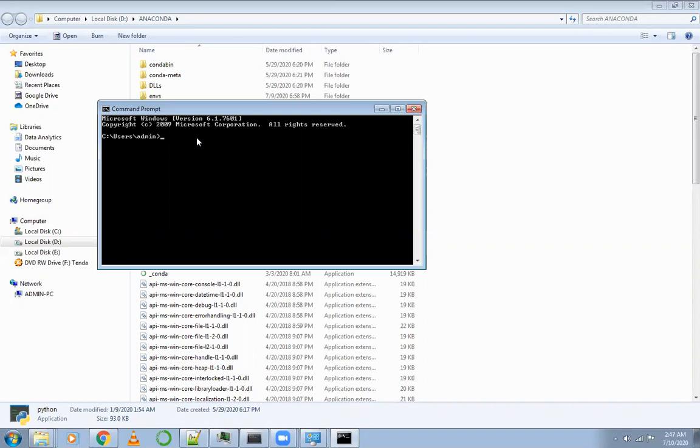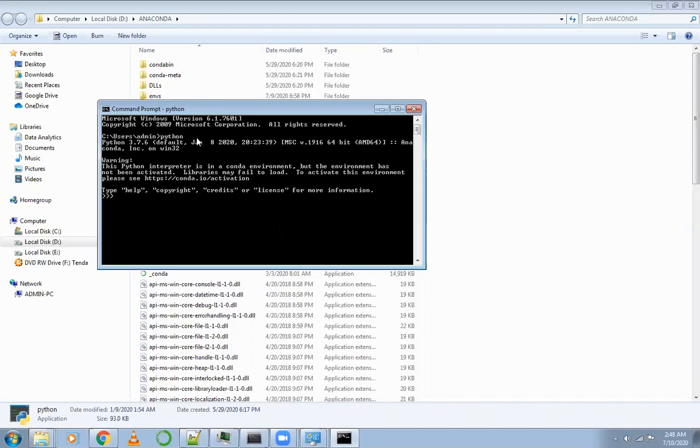This time what we have done, we have added the directory path explicitly in the system path, and then we have opened the command prompt and are typing Python keyword here. So logically it should work. It's working. That's great. We are able to implement it successfully. Whatever be our requirement, we have implemented successfully.